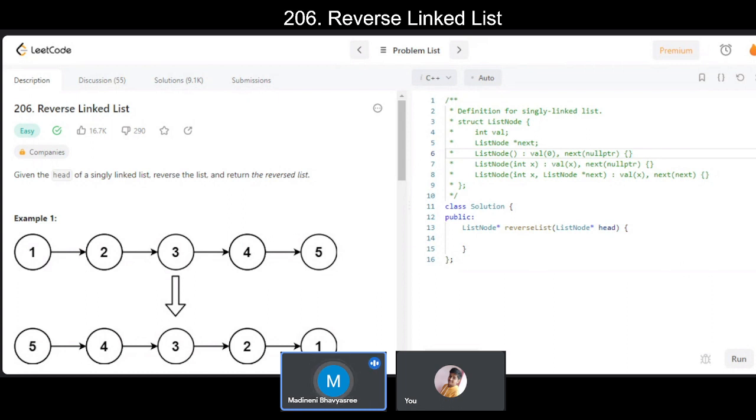This algorithm involves iterating through the complete linked list while changing the next pointer of each node to point to its previous node. Okay, so can you directly start writing the code? So we can discuss while writing the code only. Okay. And as you said, you are using the iteration method rather than the recursion method, and it is too good because the iteration method will be more memory efficient and faster also